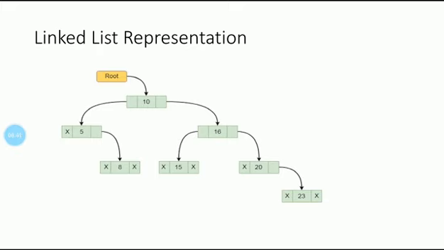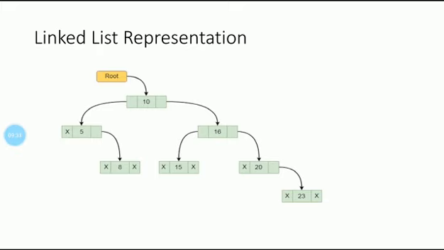Coming to 5, it only has a right child. So its left part is filled with null. X means null. And its right part points to the right child. For leaf nodes like 8 and 15, there is no left child or right child. Such nodes are considered leaf nodes, and both left part and right part are filled with null. Null means not pointing to anything. In this example, 8, 15, and 23 are the three leaf nodes, so their left part and right part are filled with null. Once again, null means it does not point to anything.